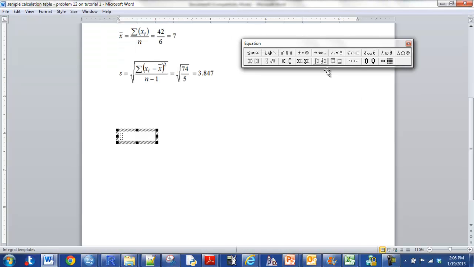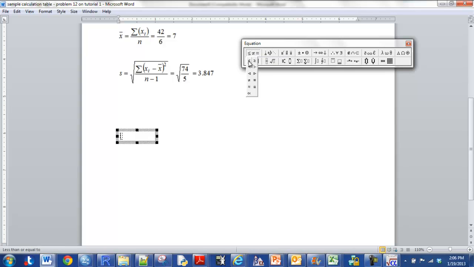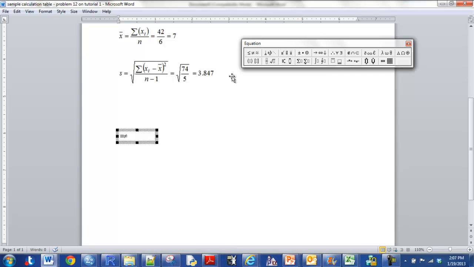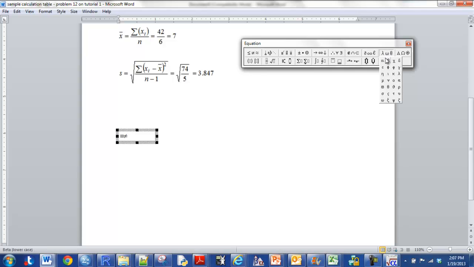And so now I'm back with the equation editor. Before I work the formulas, let me just give you a tour of the toolbar. On the top, you can do less than, not equal to. So you can have those in there. Then almost to the other end there, you have some Greek letters like alpha, and beta, which I already did there, mu,